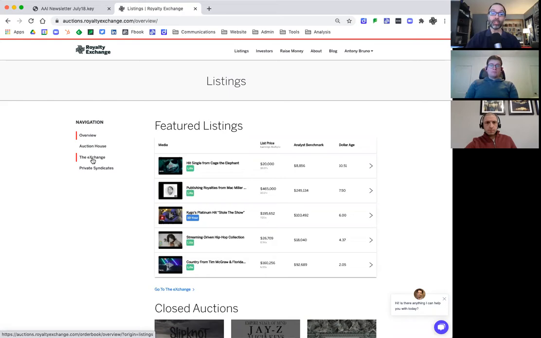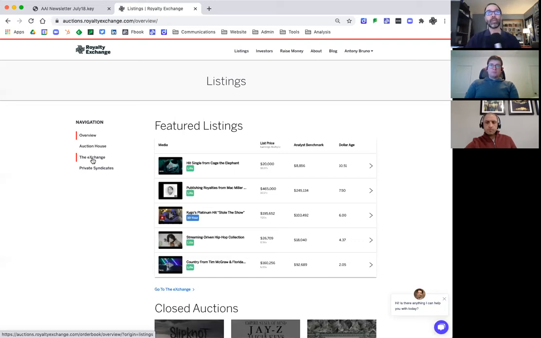We will still hold auctions, those will still happen, but because there's this other option for artists, you'll likely see somewhat fewer auctions as a result. Overall, you'll see more listings, okay? There will be more artists listing their catalogs on the exchange than might have otherwise participated in an auction. So on the whole, you're going to get more listings and more assets available for you to review. It's just that they're going to be mostly featured on the exchange now,